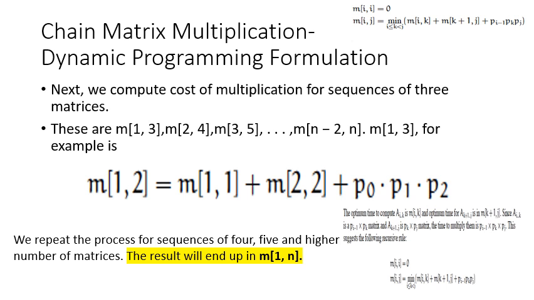Similarly we calculate another value in this diagonal and the next value in this diagonal. In this case, when we fill this table diagonally, in the last we will fill this cell, and this cell will provide us the resultant value, like the cost of multiplying the matrices from 1 to n, and this number will be optimal, meaning we will get the optimal or minimum number of multiplications required to multiply the matrices from 1 to n.